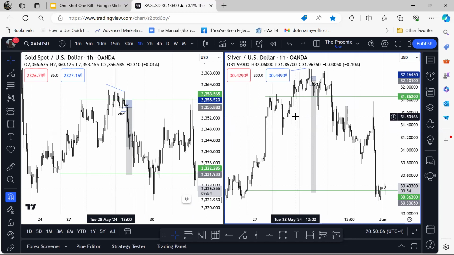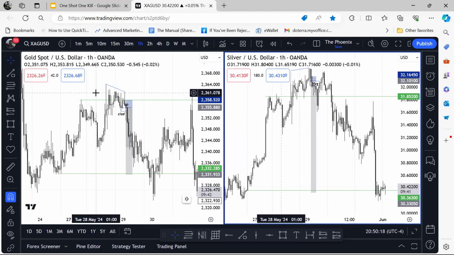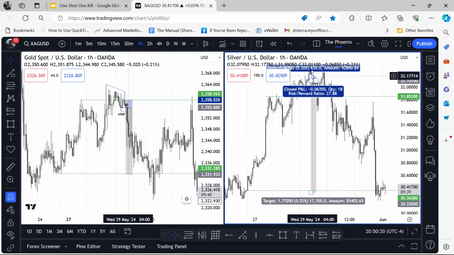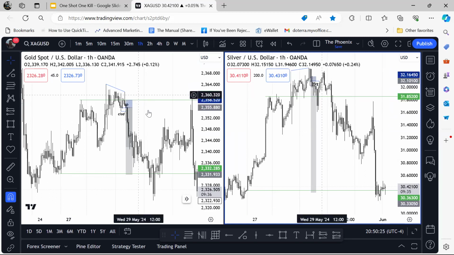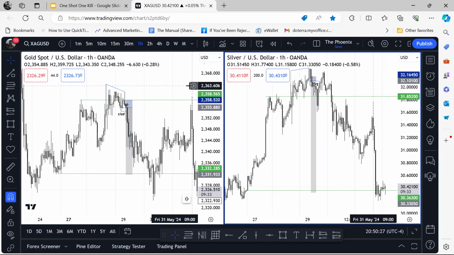we saw where Monday set the opening range, Tuesday traded above Monday's high, and Wednesday traded above Tuesday's high. And in this case here, gold on Wednesday did not trade above Tuesday's high, and it even closed below it. So that is the kind of divergence we're talking about and what we're looking for.